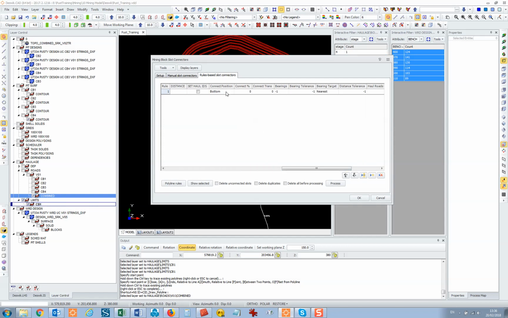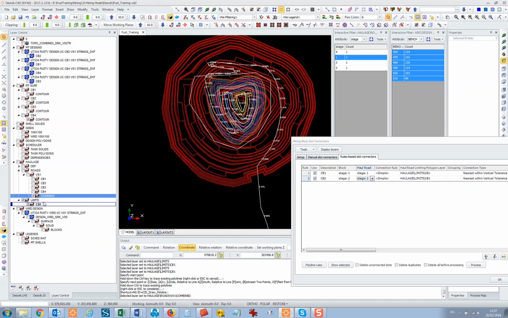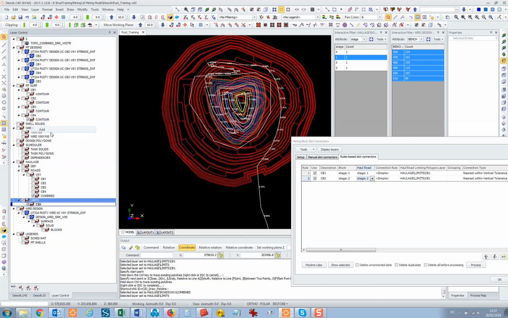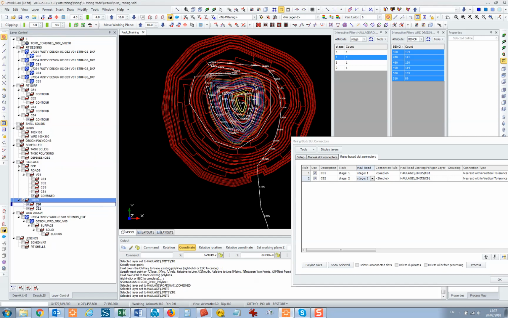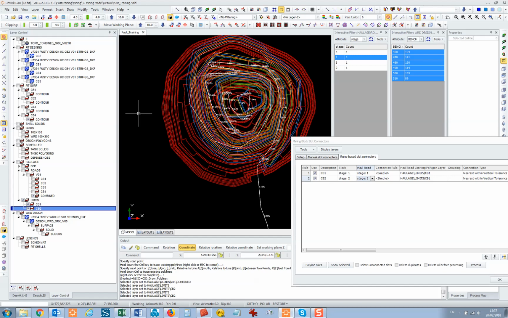Connection position is like, well, where do you want the block to connect? It's actually the bottom of the block that is going to connect. And you can set lots of other bits here. But in the meantime, once we've got that, if you imagine then we can do cutback 2, stage 2 blocks with stage 2 haul roads, but limiting isn't in the right place. So for stage 2 limits,